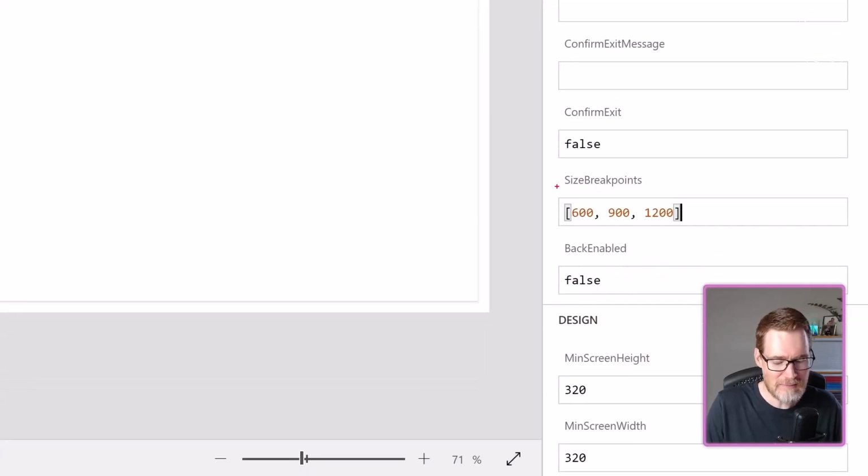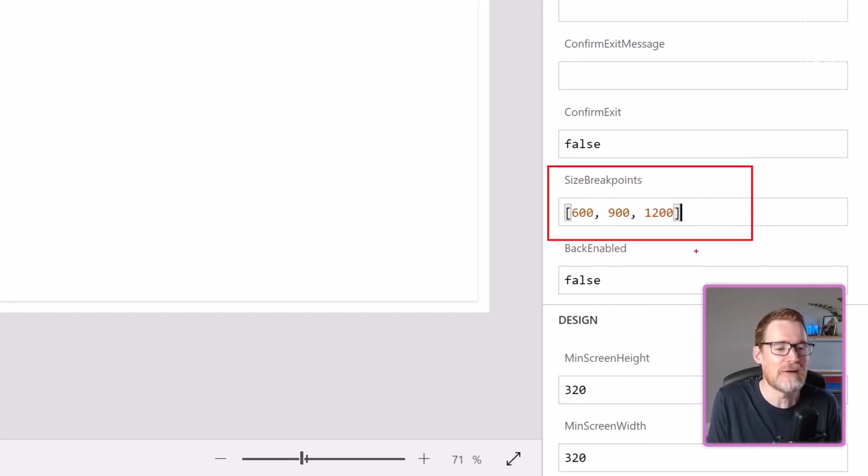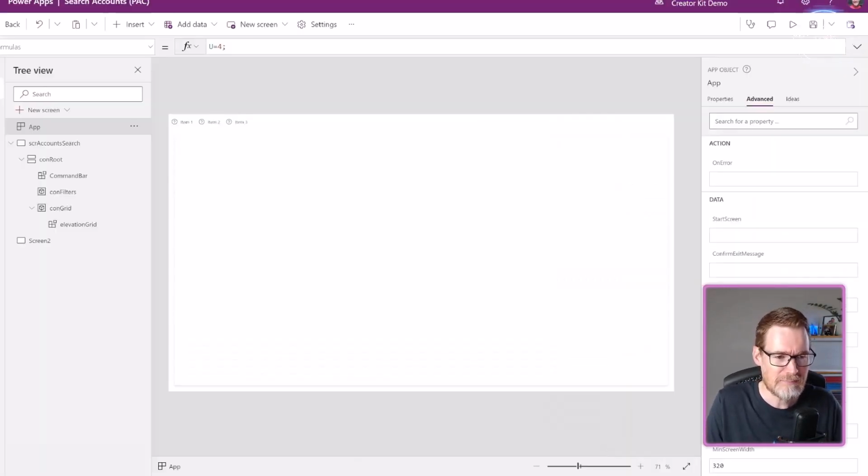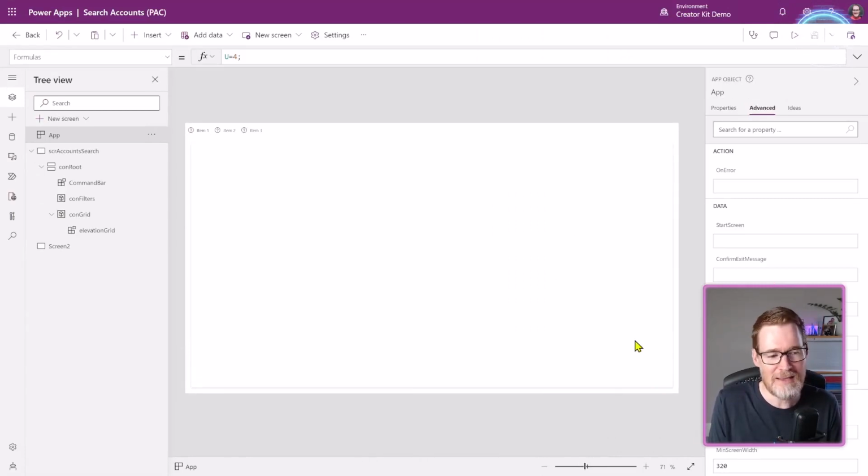These size breakpoints are mainly for configuration, if you like, of variables that we can then use throughout the app to detect whether or not we are in a particular format. So you might say full size on a Windows desktop, or maybe on a tablet and on a phone. You configure these as the defaults, and we can use those later on to detect at which point we've reached each of those breakpoints, and then start to show a different style of user interface depending on those conditions.